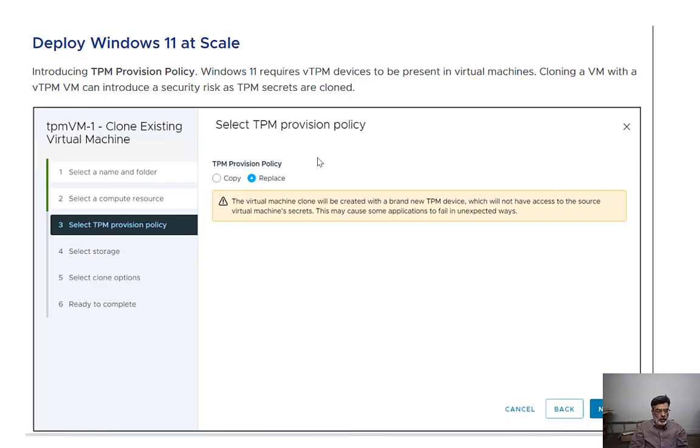So the solution is that VMware created a new policy called the TPM provisioning policy. It creates the virtual machine clone with a brand new TPM device. Basically, it auto-generates a new TPM device in the clone machine, which will not have access to the source virtual machine's secrets. It does not contain the passwords of the source machine. This may cause some applications to fail in unexpected ways. So this is the new feature available in VMware version 8.0.